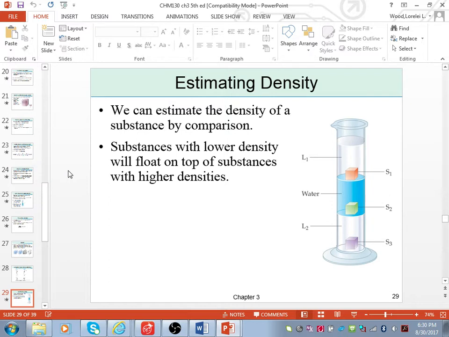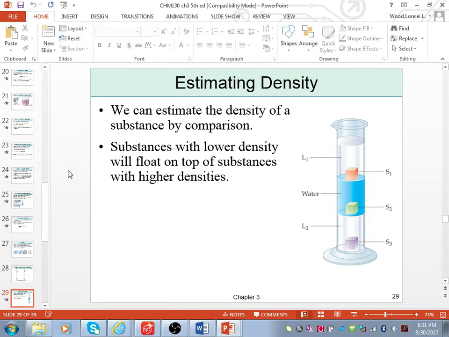Greater than what number? Greater than water, for sure, because it's sunk. But what could I say about the density of solid 3 compared to the density of liquid 2? Is it more or less? Greater than. So it's sinking at the bottom. What could I say about the density of solid 2? Greater than water, but less than